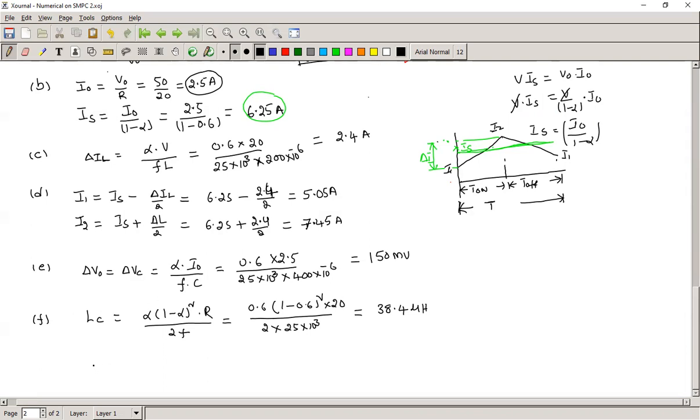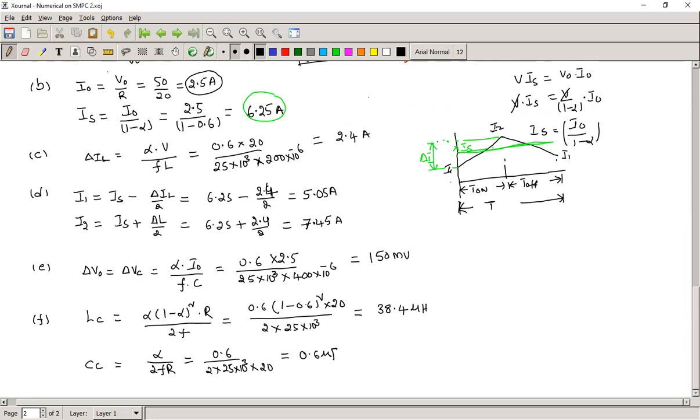In the same manner, critical capacitance. We already derived the formula for the critical capacitance in the boost converter. Critical value of capacitance for boost converter is alpha by 2FR. This is equal to 0.6 divided by 2 into 25 into 10 cube into R 20. We are getting the value